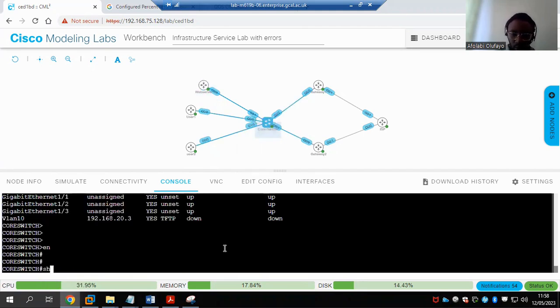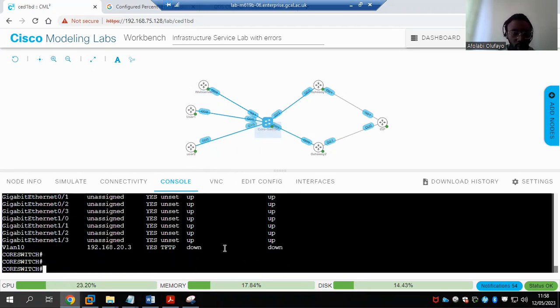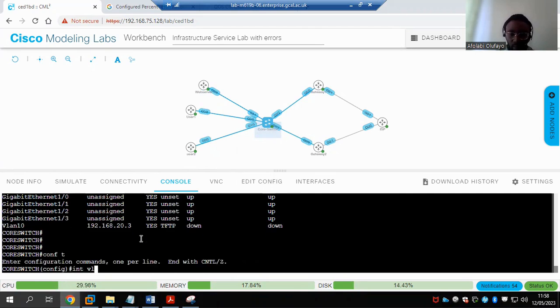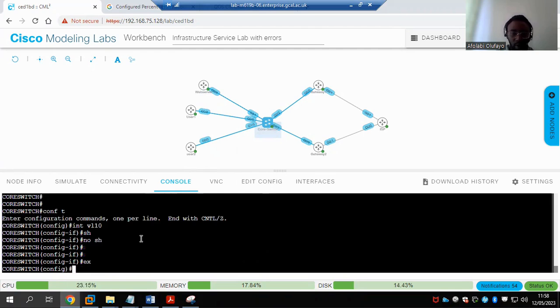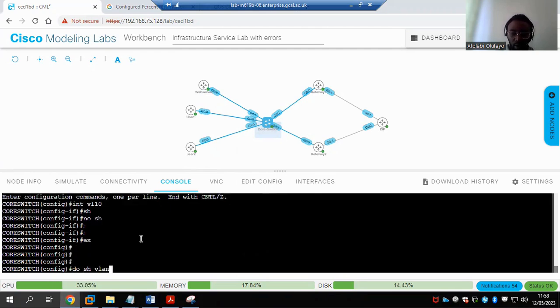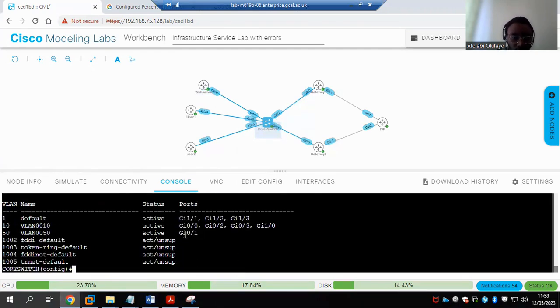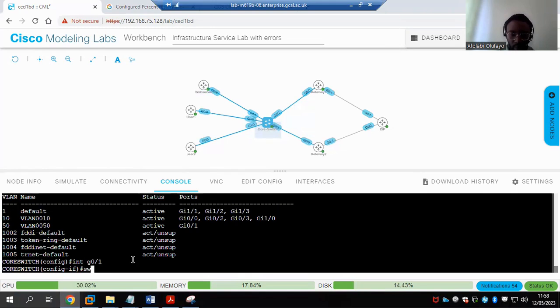I will check here, which is the switch. So I can see that VLAN 10 is down. Then I will check all the VLANs. So I can see this gig 0/1 is on VLAN 50. So I will return it and reassign it into VLAN 10.